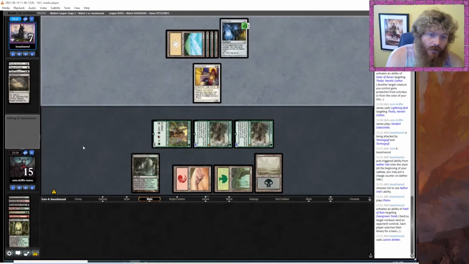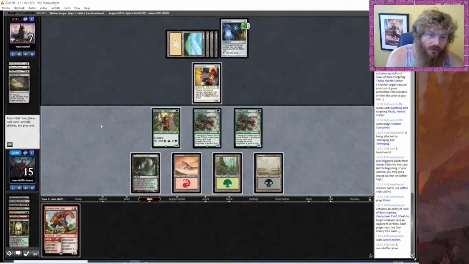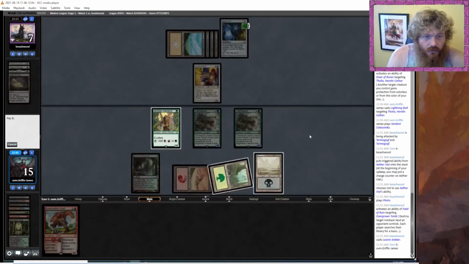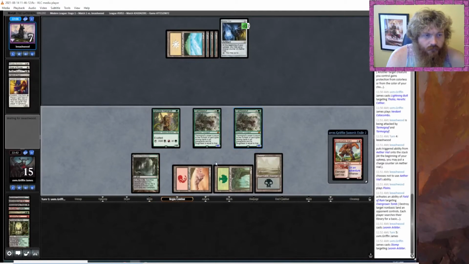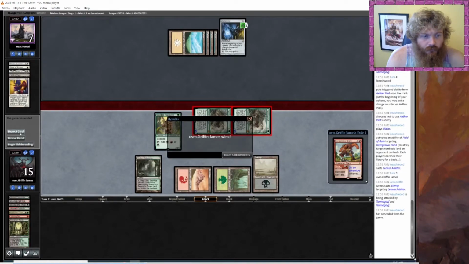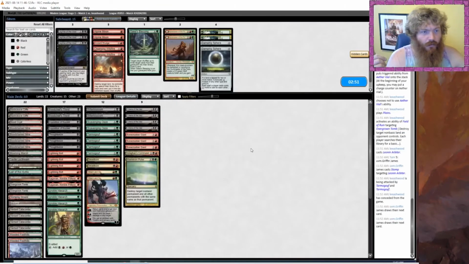I think my opponent maybe messed that up. Not exactly sure what they were trying to do. Here's Bonecrusher Giant though, looking pretty good. Alright, so we got that one. I gotta say, we just drew super hot the whole game. Kept a sketchy hand, but